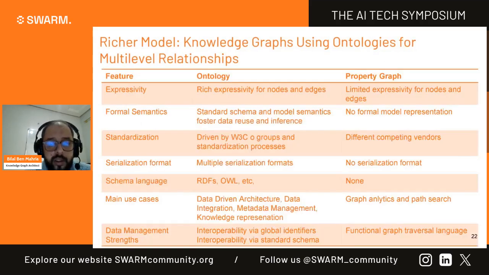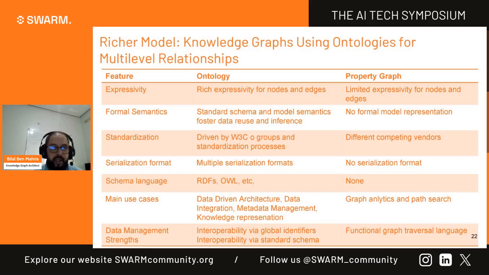Then finally, I just want to share with you this table. The table is adopted from the Ontotext website. I will only focus on the last two points: the main use cases and the data management strength. In effect, if your requirement only needs graph analytics and path search,